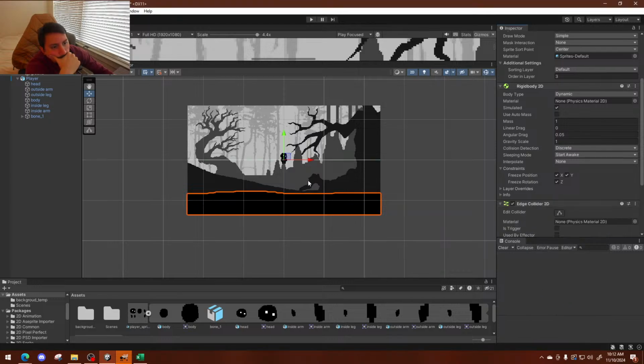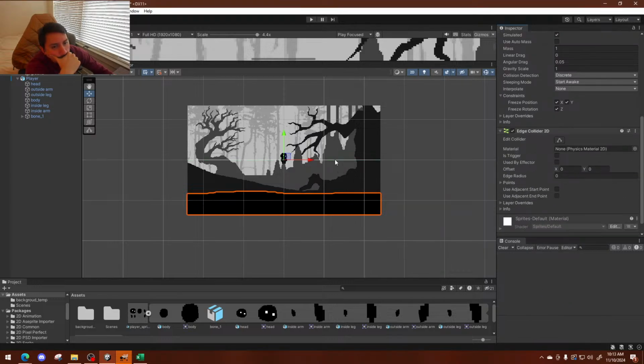Edge collider. How do I edit this? Edit collider. Very cool. Put this here, and then put this over here, and then bring this down here, bring this up here, bring